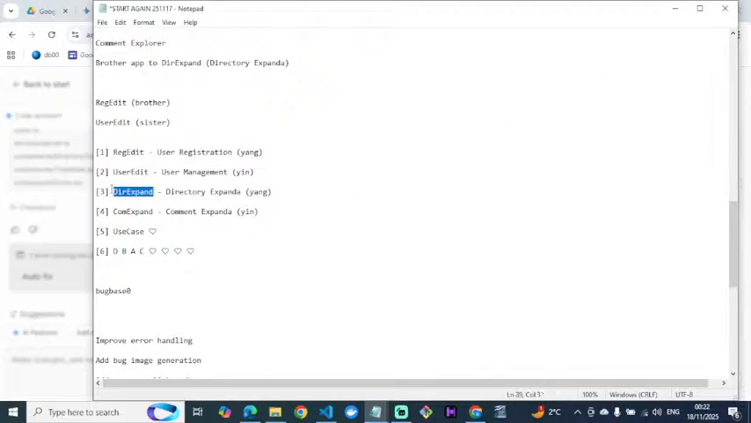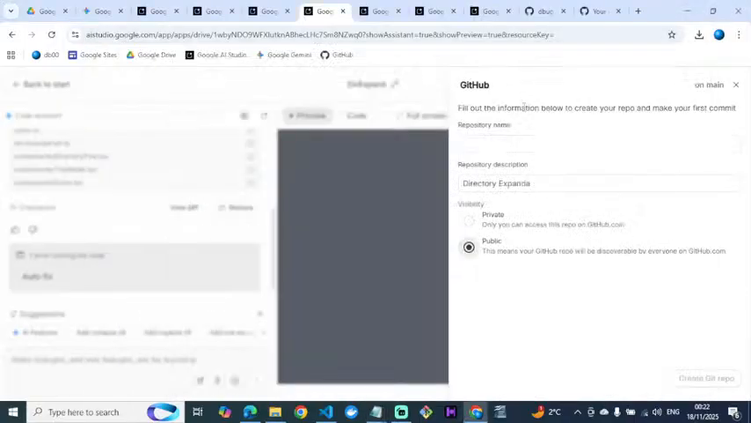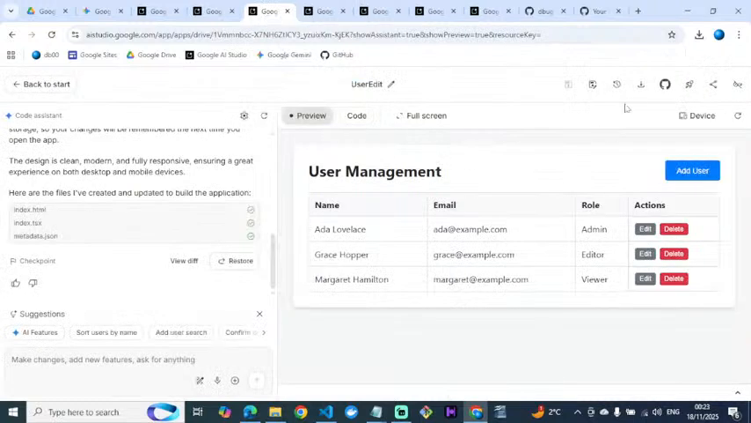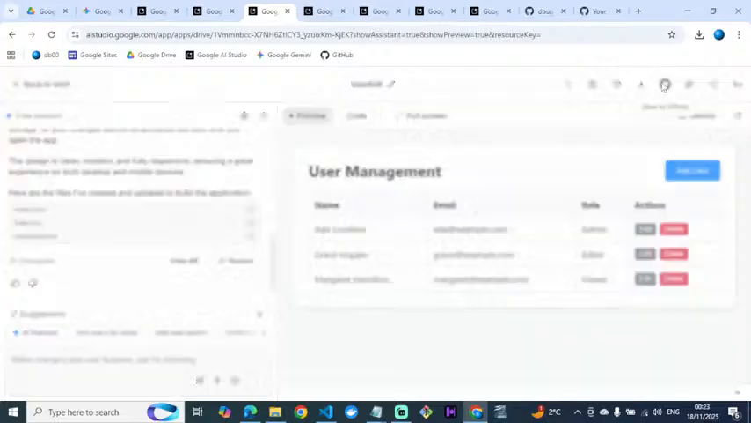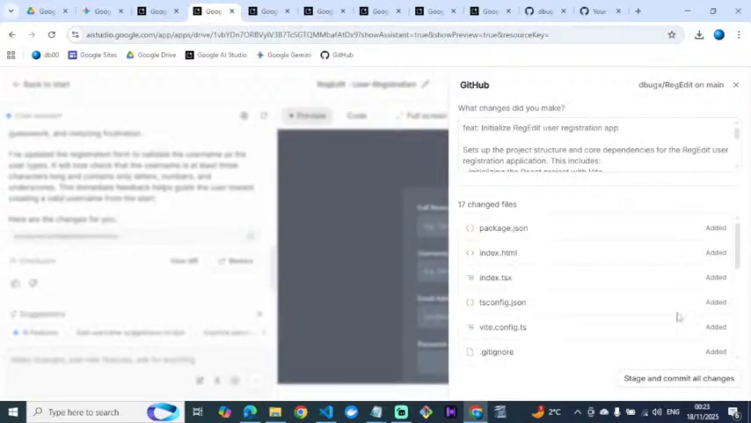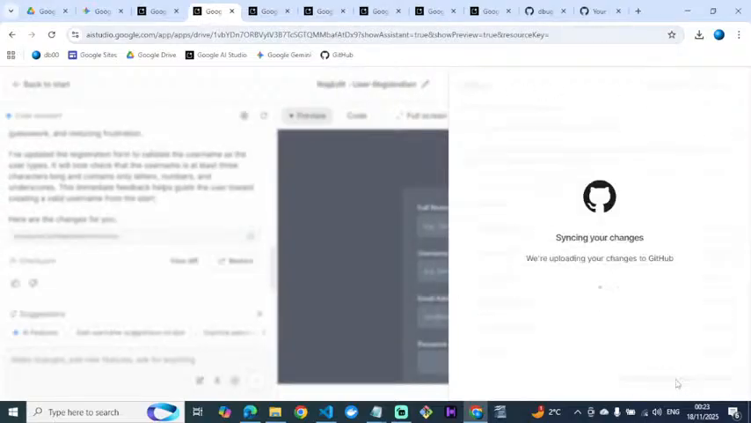There's this direct span. Oh, hang on. Direct span. And on to the next one. Use edit, I think we've done this. No changes to commit. And this one. Hang on, I'll just